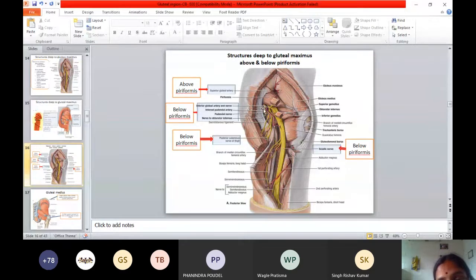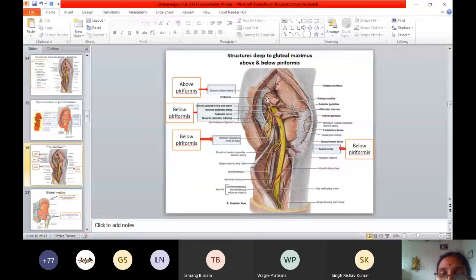And in addition to it, there are three important structures present most medially. The medial most nerve is the pudendal nerve. And then comes the artery, internal pudendal artery. Then comes the nerve to obturator internus. These three structures together are known as the PIN structure. P stands for pudendal nerve, I stands for internal pudendal artery, N stands for nerve to obturator internus. This PIN structure is very important in the spotter. They will ask you to identify the tagged structure. This is the PIN structure. Another important spotter question is the sciatic nerve.